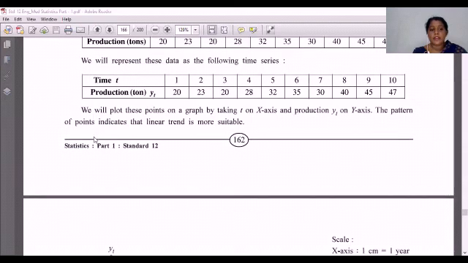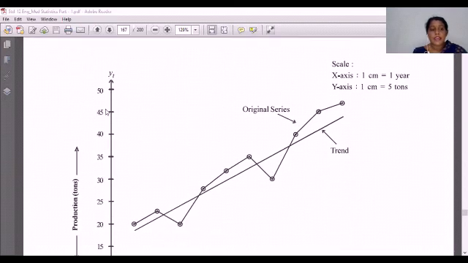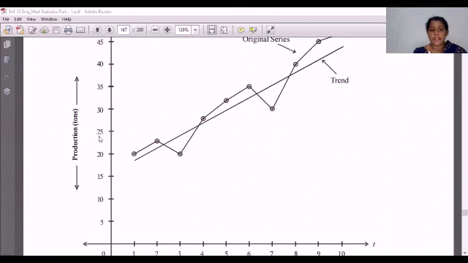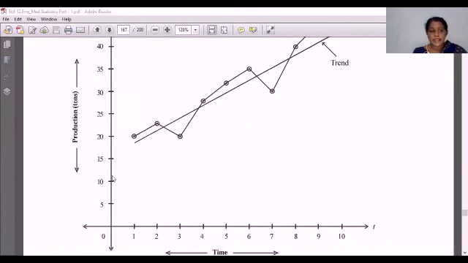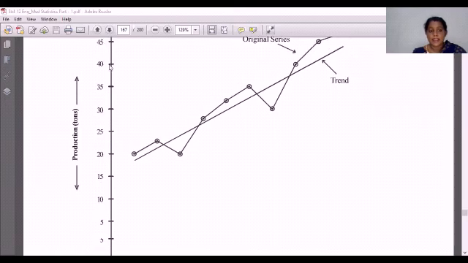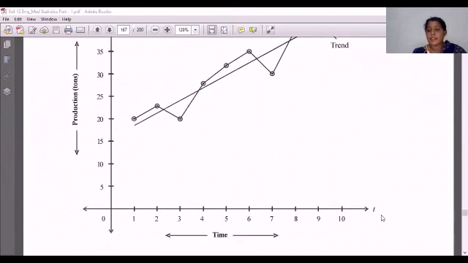Now here, see, the x-axis, same as what we drew in the graph chapter last year. This is your y-axis, and this is your x-axis, and this is your 0. Now here we write yt on the y-axis, and on the x-axis time is given, so we write t. Then here 0. On t, the numbers we have been given are 1 to 10.